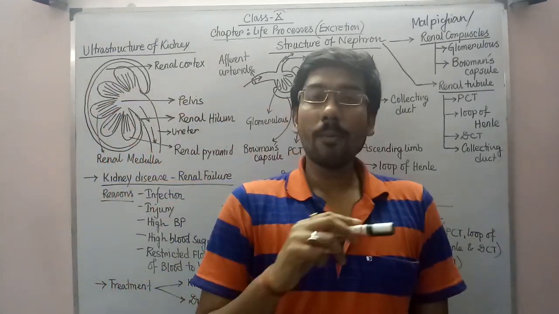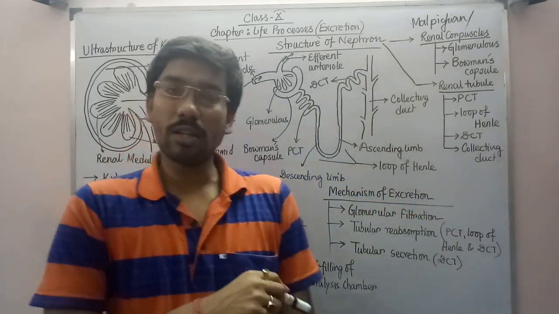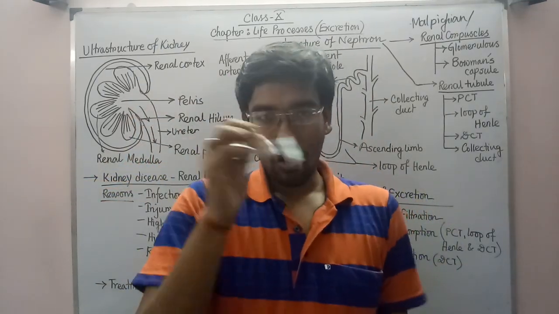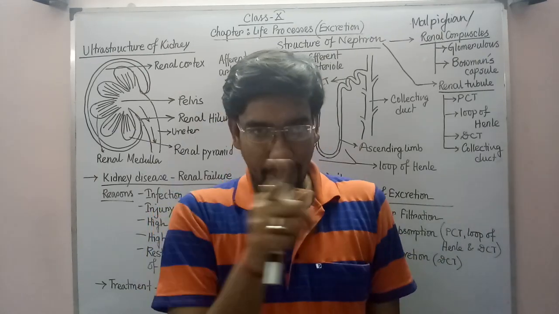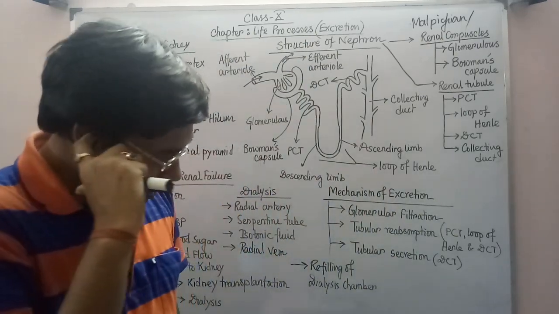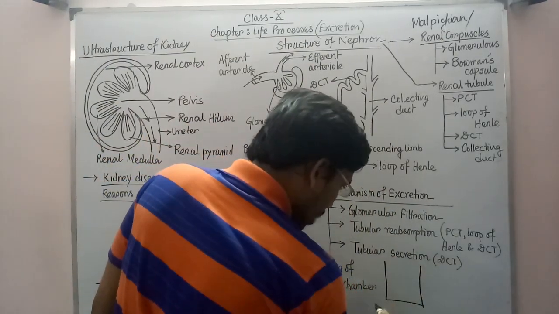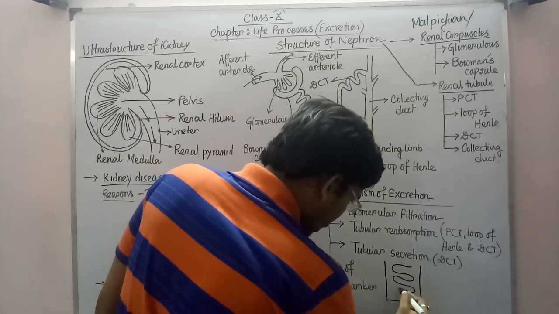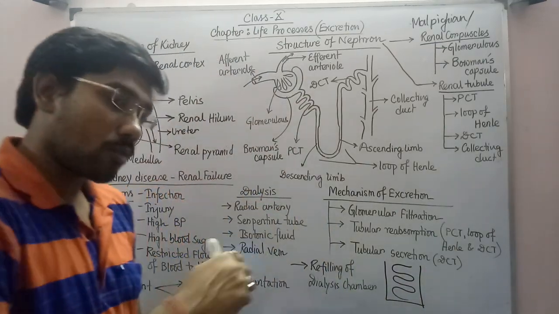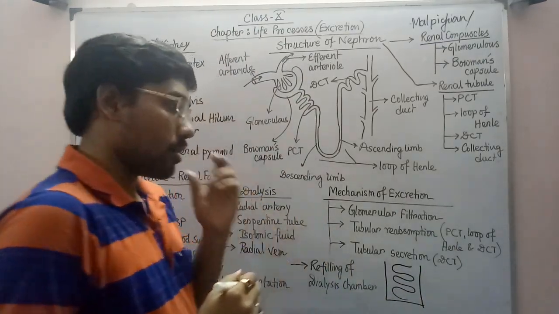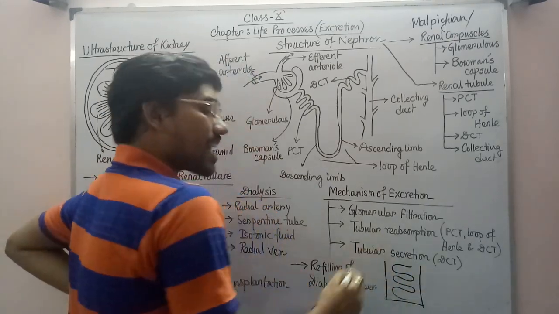After being taken, the blood will pass through a serpentine tube. Keep in mind that the blood is taken through a tube, and that tube is connected with a serpentine tube, which is kept within a vessel. Suppose this is a vessel, I am just trying to draw it, and within it the serpentine tube is present. This serpentine tube is connected with another tube which has come from the renal artery, carrying the waste or impure blood. This chamber is commonly known as the dialysis chamber.